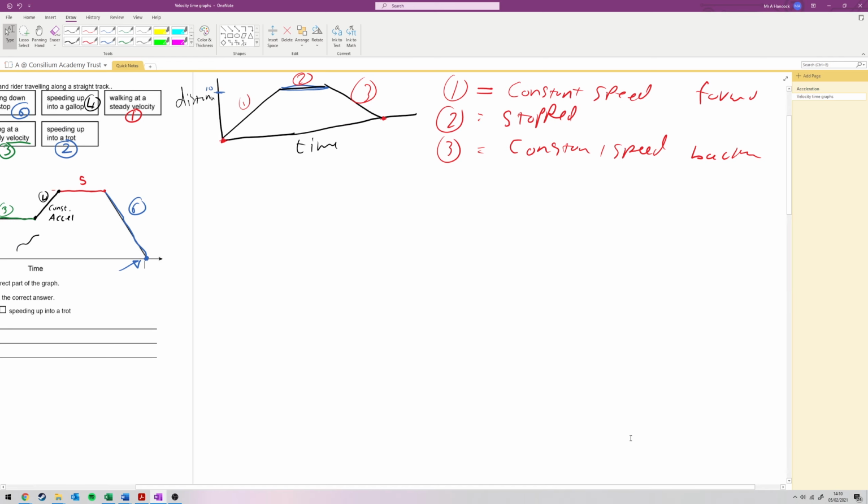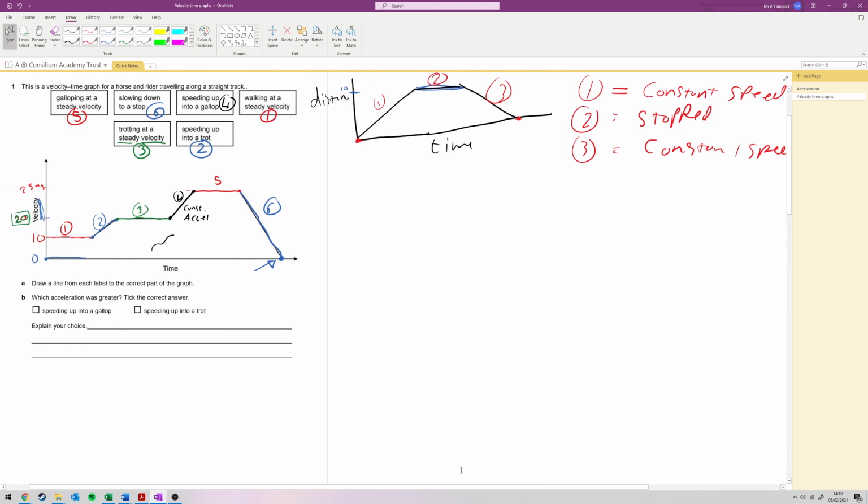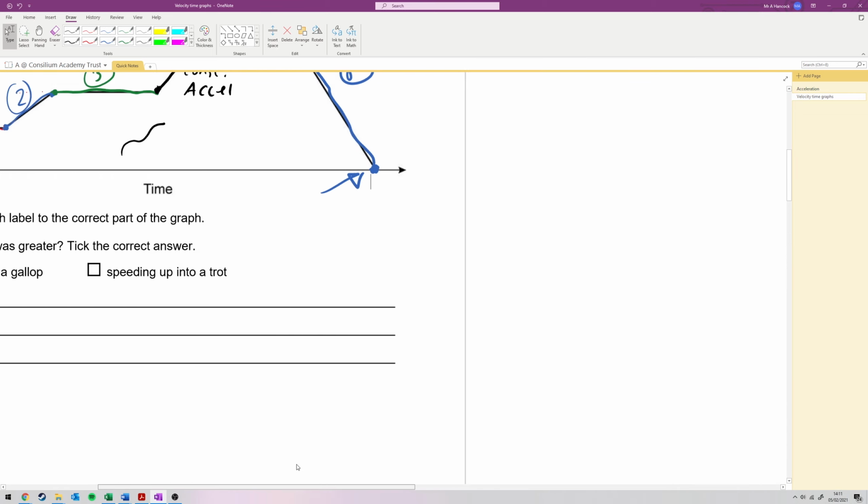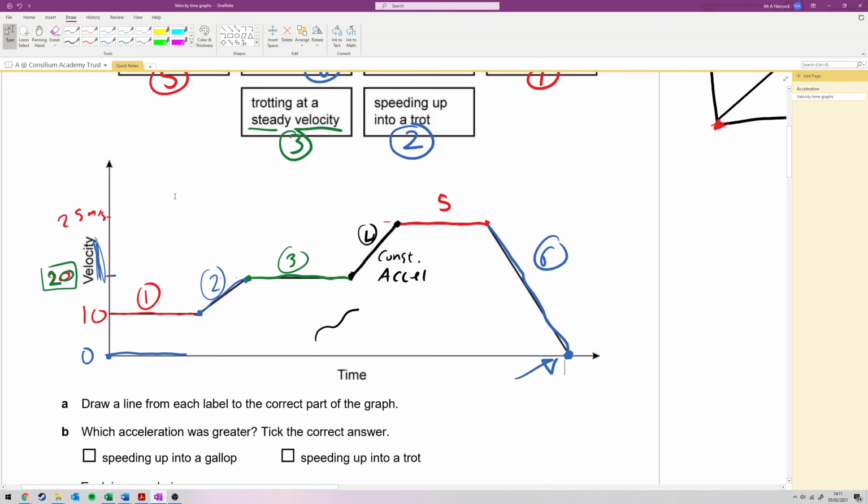So, which acceleration was greater? Tick the correct box. Speeding up into a gallop or speeding up into a trot. Now if you look again, the way you find this out, and I've mislabeled this axis, this should be about 35. What you've got to do, like before,